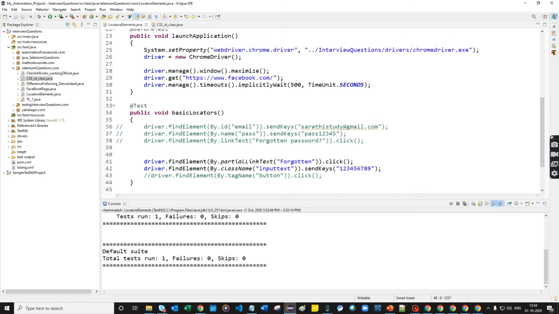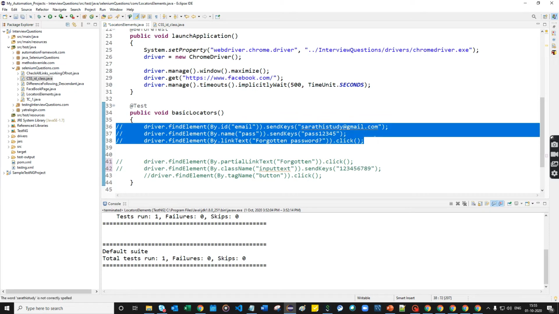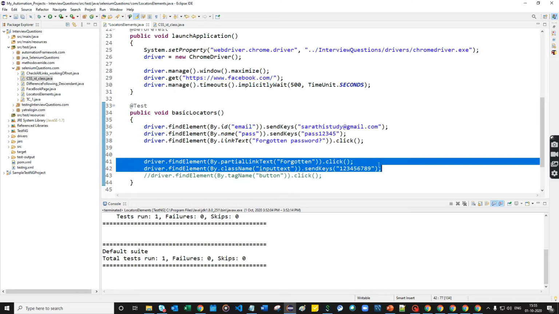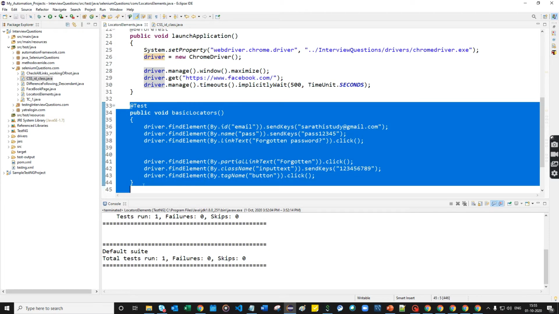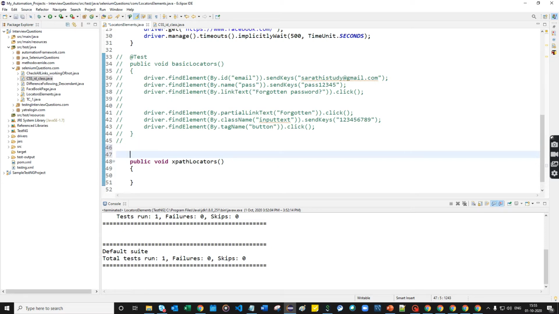So here I'm just commenting everything out, because we have already done this execution using the basic locators. I'm just commenting out this method. So I'm going to define a test annotation for the XPath locator.